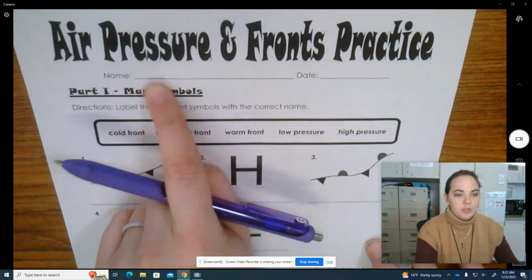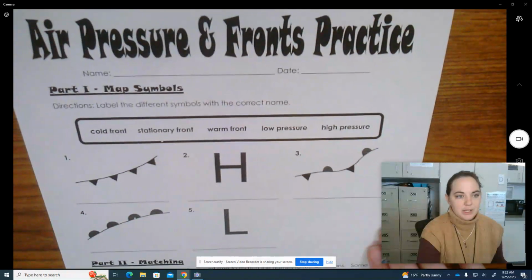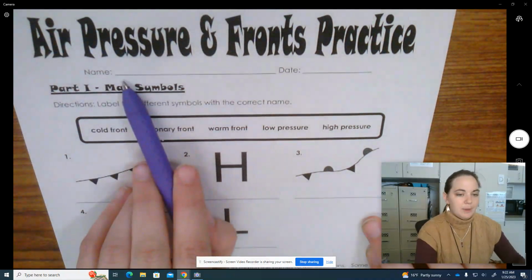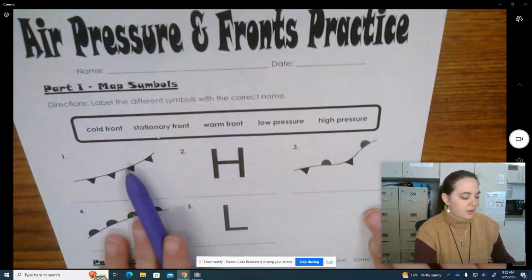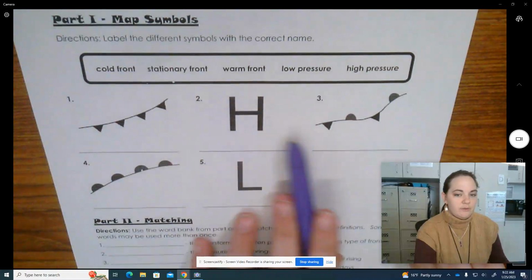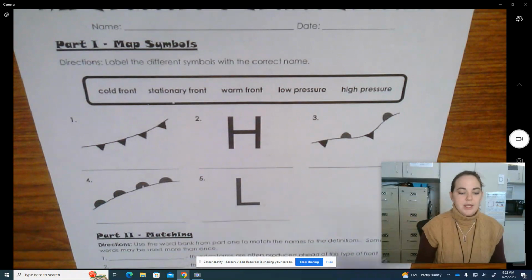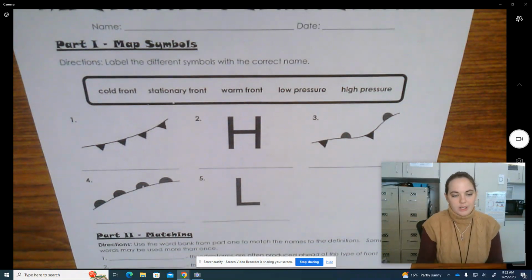Make sure that you put your name on your paper. This paper is at the supply shelf, so go ahead and get this paper from the supply shelf. Put your name on it and the date. Okay, so we have these 5 symbols. These symbols are the most important symbols on a weather map, and they tell us what's going on in the